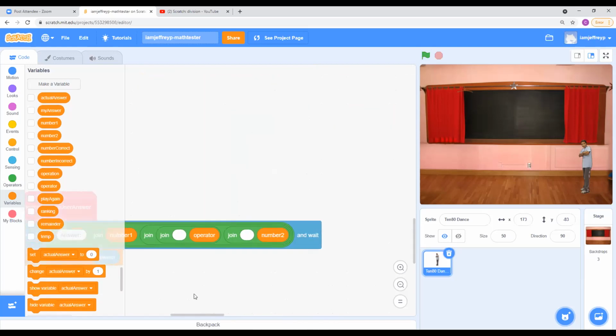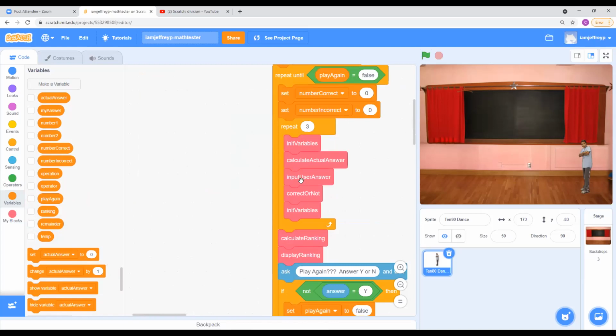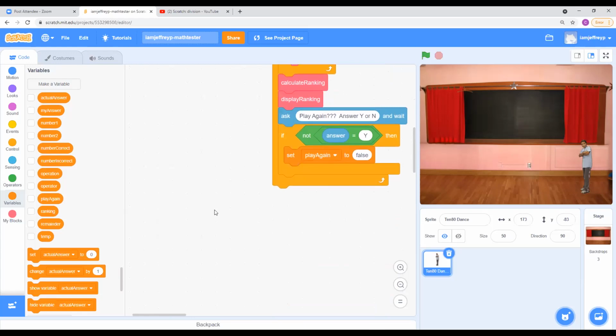All right. So far, what I've done in here is I've figured out the answer to the current problem. I've let the user input their answer, and now I've checked it to see whether or not it's correct. And then I'm going to go back to initialize variables because I want new numbers and a new operator. So when I get done with those 3 or 10 or whatever you put there, then I calculate the ranking. And in calculate ranking,